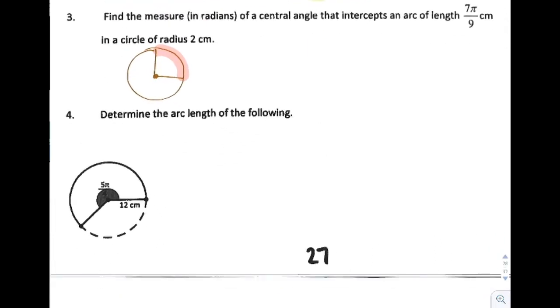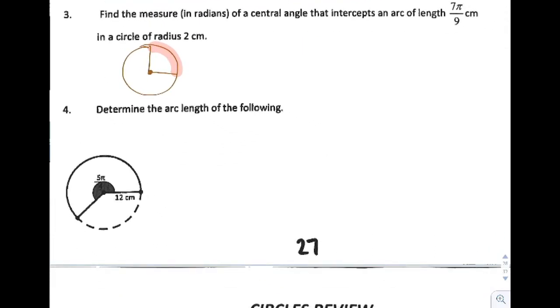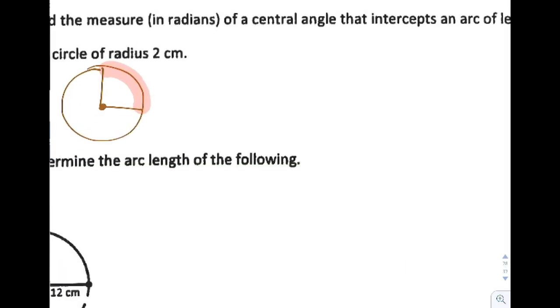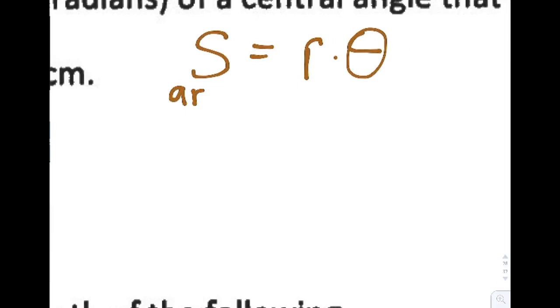The first one we haven't talked about yet outside of class is number 3. There's a new formula for number 3, and questions like number 3 and 4, if they appear on the quiz tomorrow, they will be bonus because I'm showing you this pretty simple formula right now. S equals radius times theta, which is the angle. So what that really means is the arc length